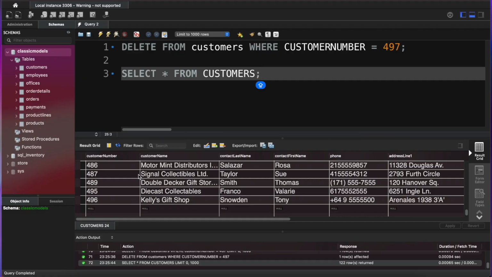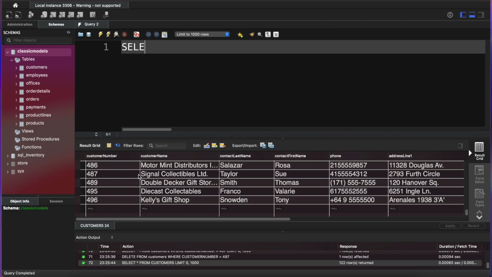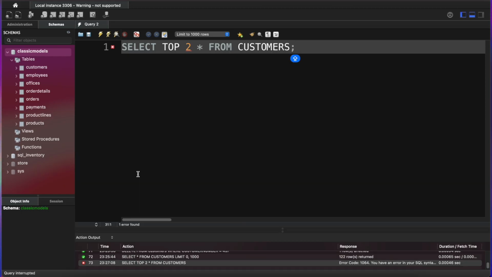So we are using the top clause. Select top 2 from customers. There will be an error because